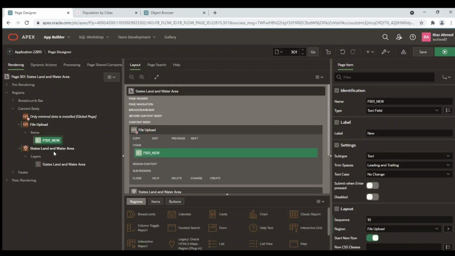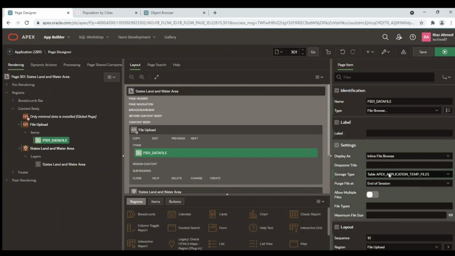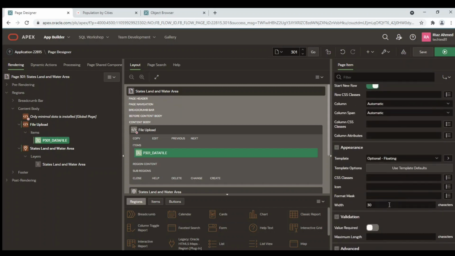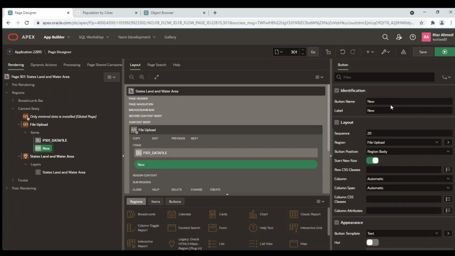Add a file browse item to this region. Add a button to the region. The data from the JSON file is uploaded when this button is clicked.